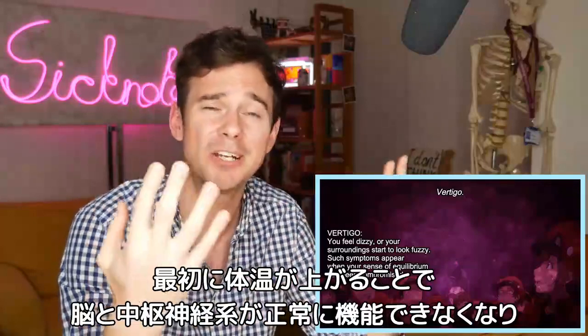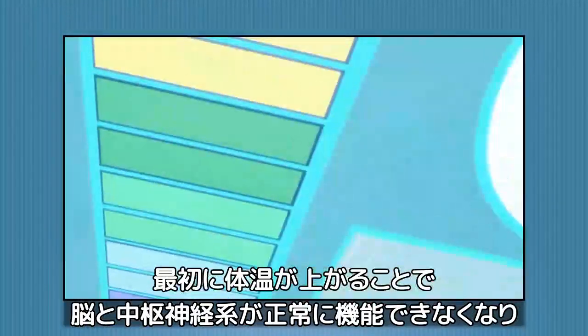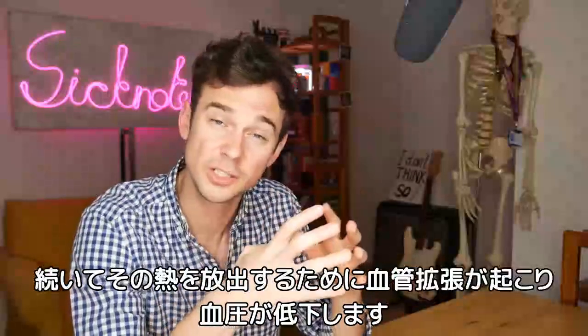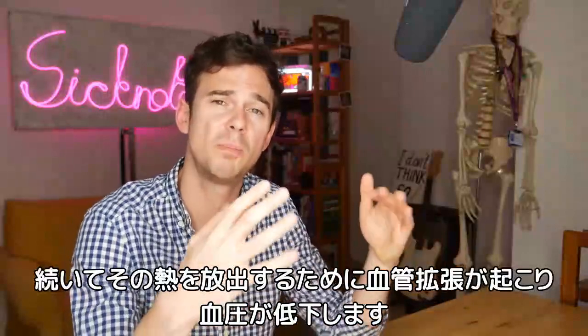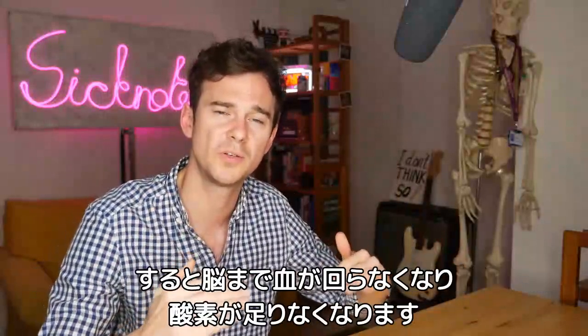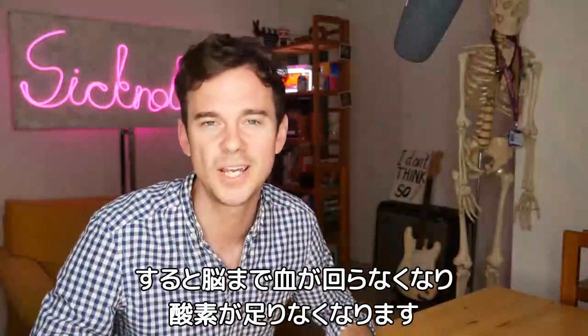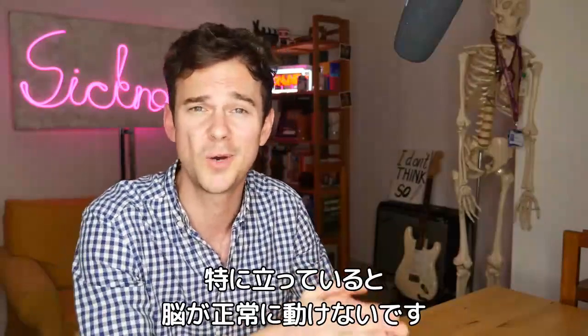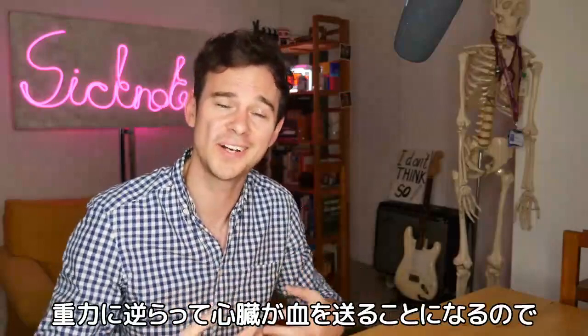Firstly, the actual increase of temperature means your central nervous system, your brain, can no longer operate effectively. Secondly, the dilation of the blood vessels to try and lose heat means your blood pressure drops, so you'll have less blood flow to your brain, meaning it's getting less oxygen. So again, it won't function as well, particularly if you're standing up because your heart is having to pump the